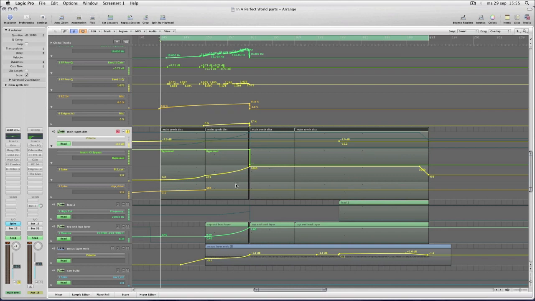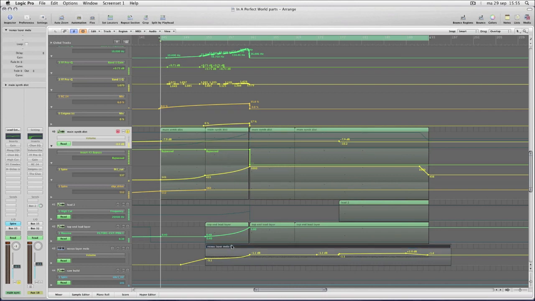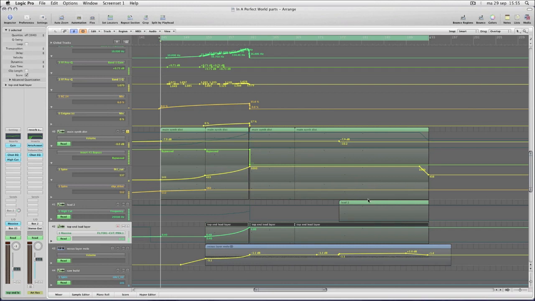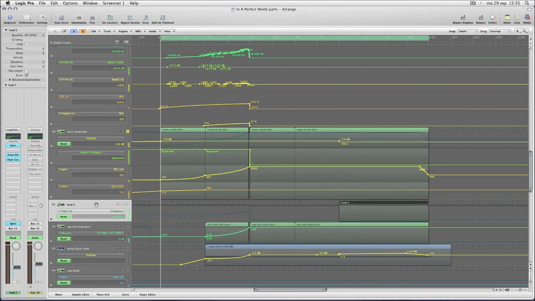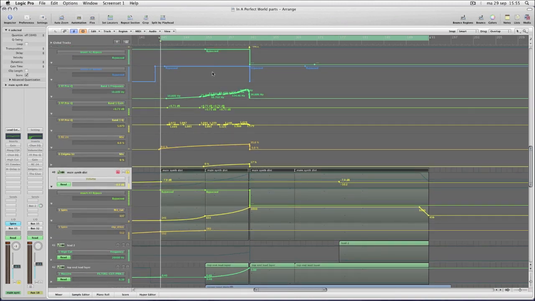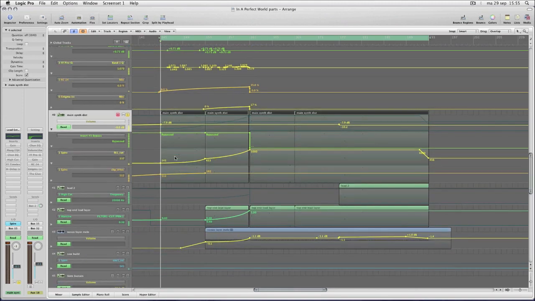So here we can see 4 synths. One of them is an audio part from the Nexus. This is a top layer from the Native Instruments Massive. This is a top layer that kicks in later in the track from the Spire. And this is the main synth, also from the Spire, which sounds completely dry at the moment. So let me play it for you. You can see all the automation going on here, also in the group. This is a reverb that is active, but I've bypassed it for now, so to show you the dry sound.